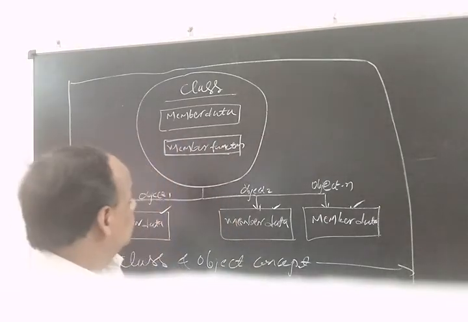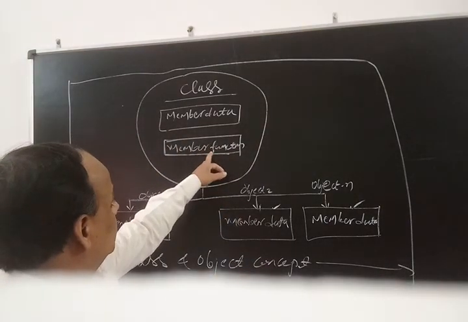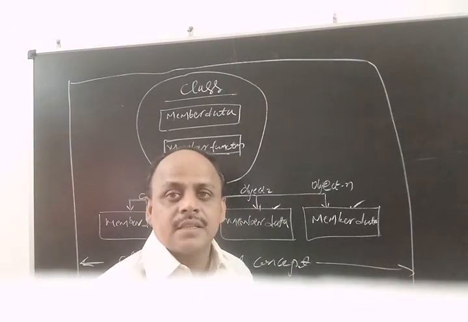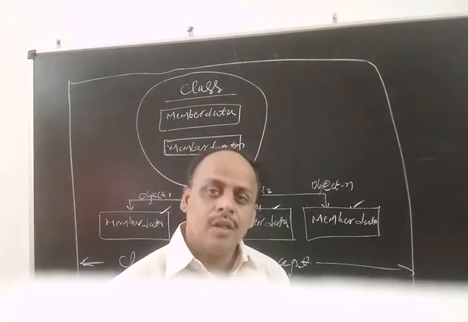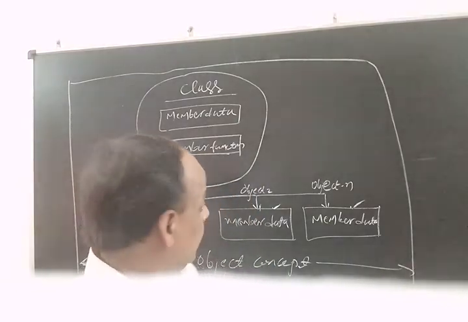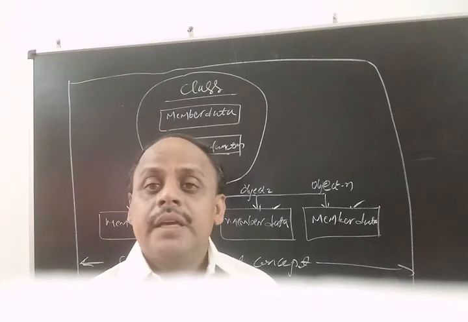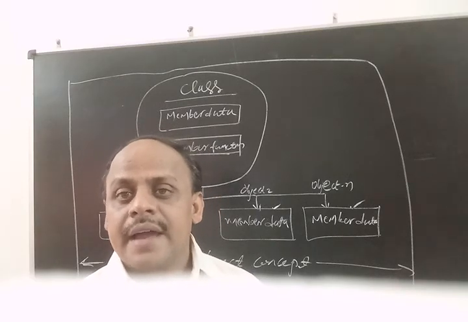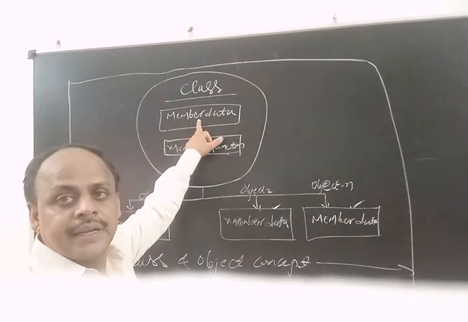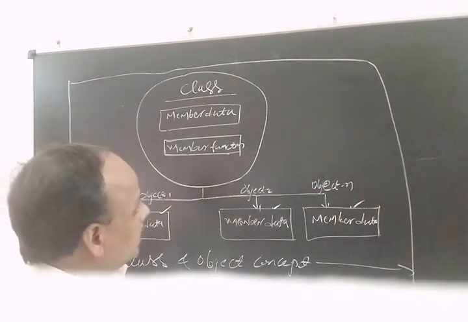Member functions of a class are shared by all the objects. Member data, and afterwards we can say each object of a class has a separate copy of member data. Okay, and the next point,